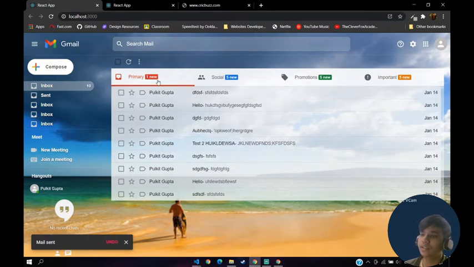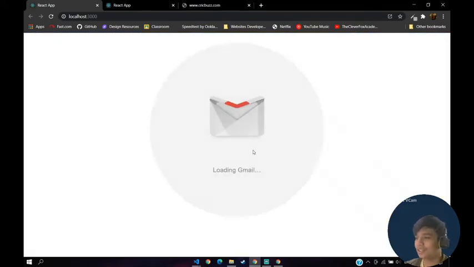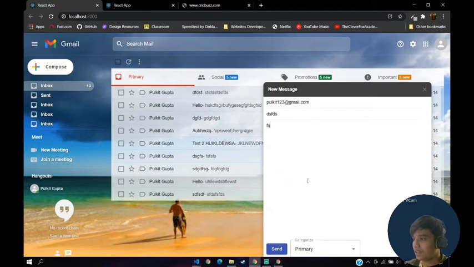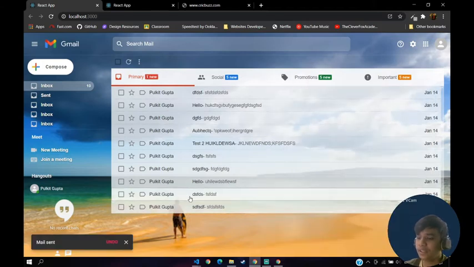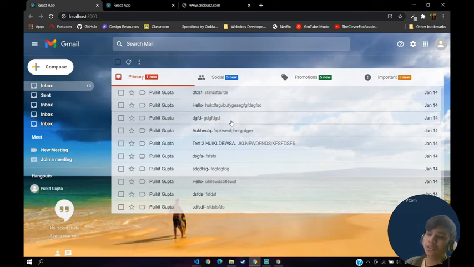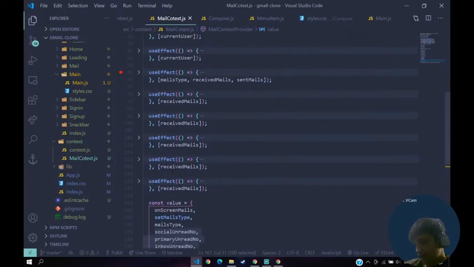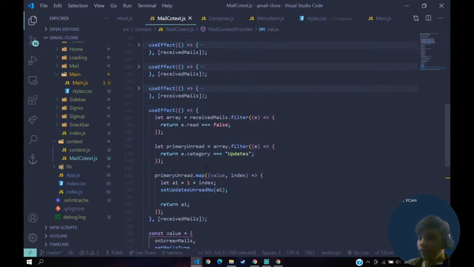So guys, this is a glitch. I'll explain what this is. It's a kind of a bug and I felt too lazy to fix that. I know that could be fixed, so I leave it up to you, but after refresh it will be gone, right? So here if I send again, it gets updated. As you can see, it does not change to 0 automatically. The reason for that is when we map through an array inside of our context, mail context.js, when we map through it, whenever the value is, it does not update. Like for example, received mail.